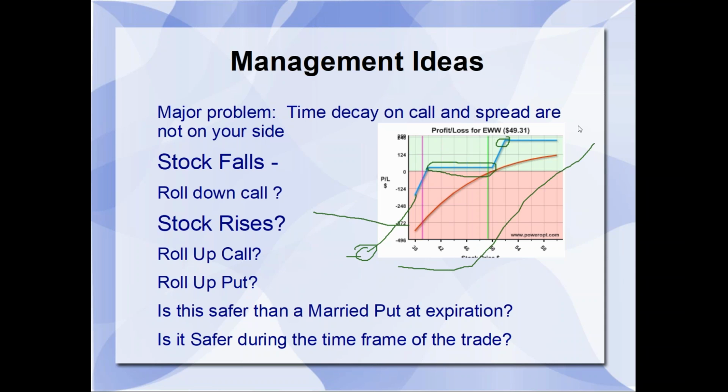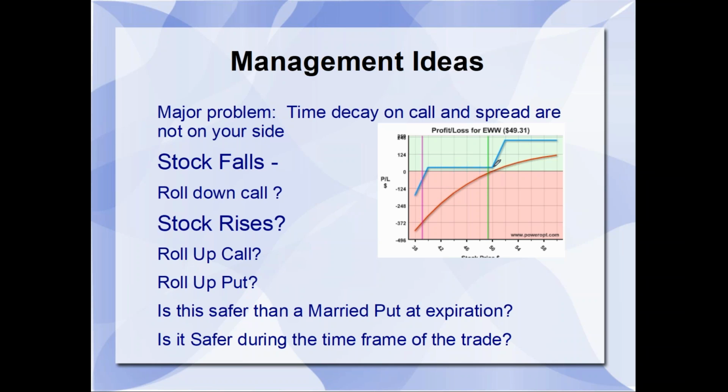Is it safer during the time of the trade? Well, not necessarily, because see here you still have a large loss. Now I know you're not expecting it to drop below 40. Let's say you put on this structure and didn't plan to manage it 2 years ago on GE. Where are you now? I know that's a crappy thing to do for an example, but that's what can happen. I would rather have been in a married put with a 2-year out LEAP on GE if I'd opened it 2 years ago as opposed to this structure. There are examples where that can happen. I'm not saying EWW is going to do that. I'm not saying a lot of stocks are going to do that, but you have to take that into consideration.